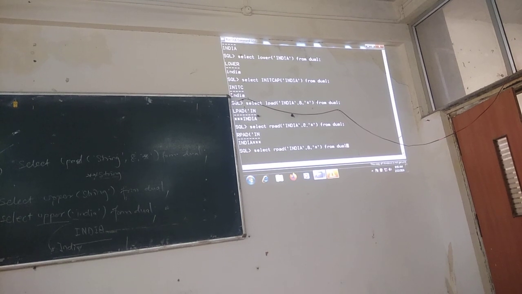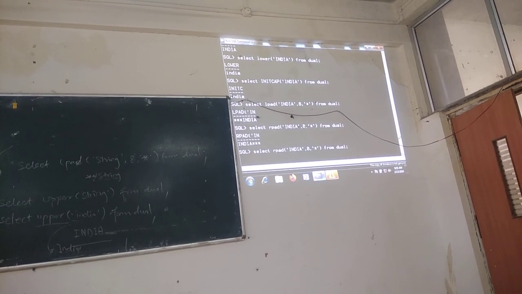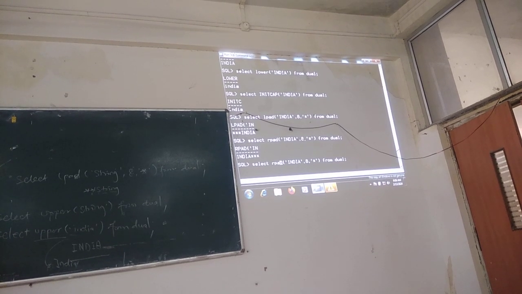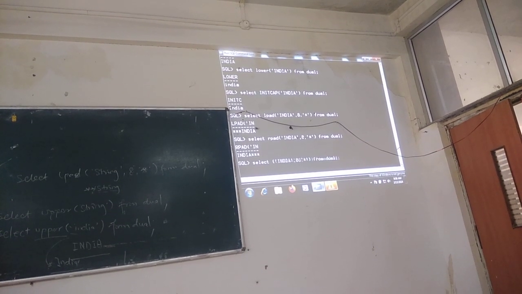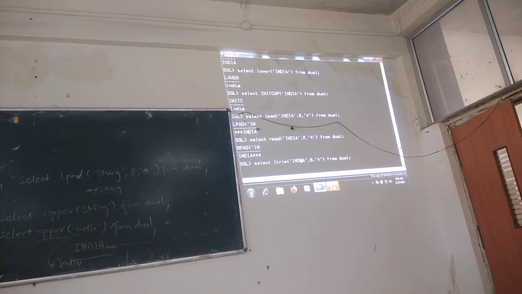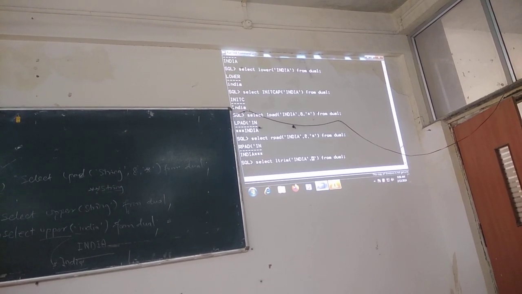Next function, which one is it? ltrim. What does ltrim do? It is used to remove the characters.